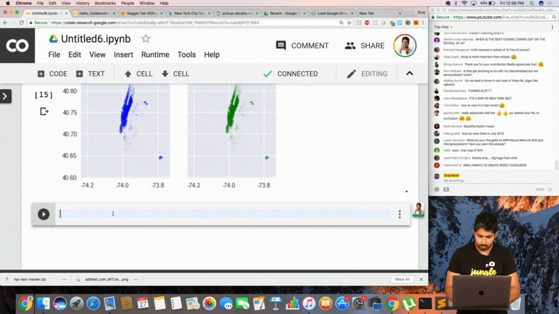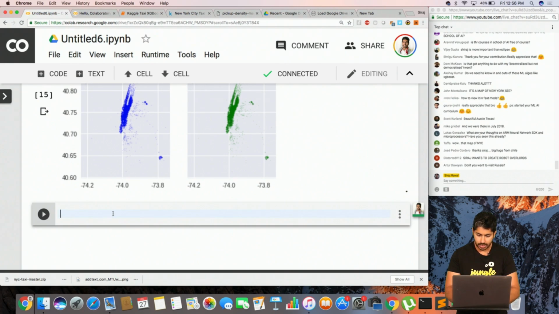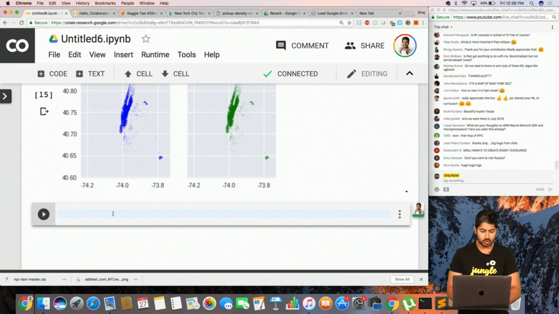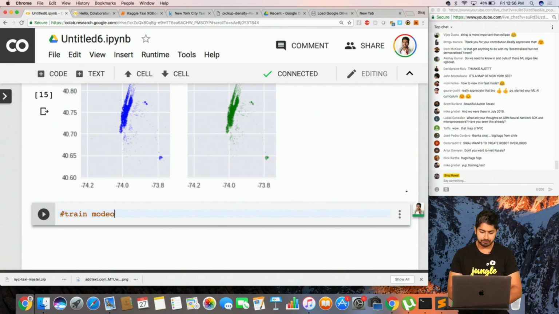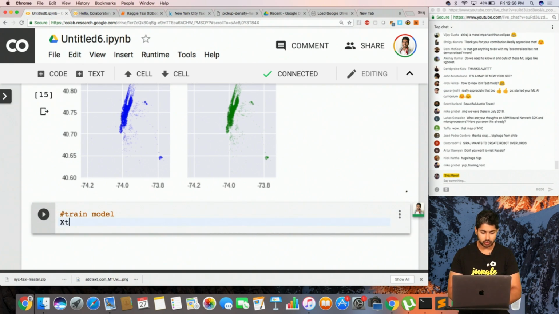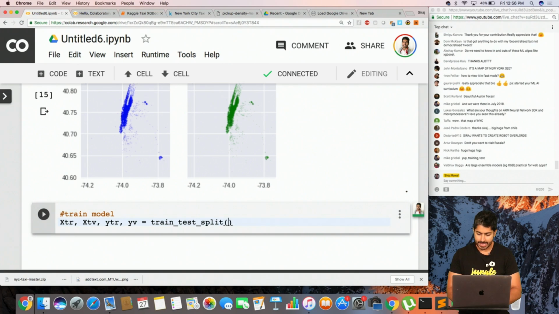Okay, so now I'm going to build this model. I could do more, but I really just want to get to building this model. So now comes the training the model part. Remember how I said xtrain, xtest, ytrain, ytest? Remember how I said scikit-learn has this amazing function, train test split? Here we go. We're using it right now. How easy was that?